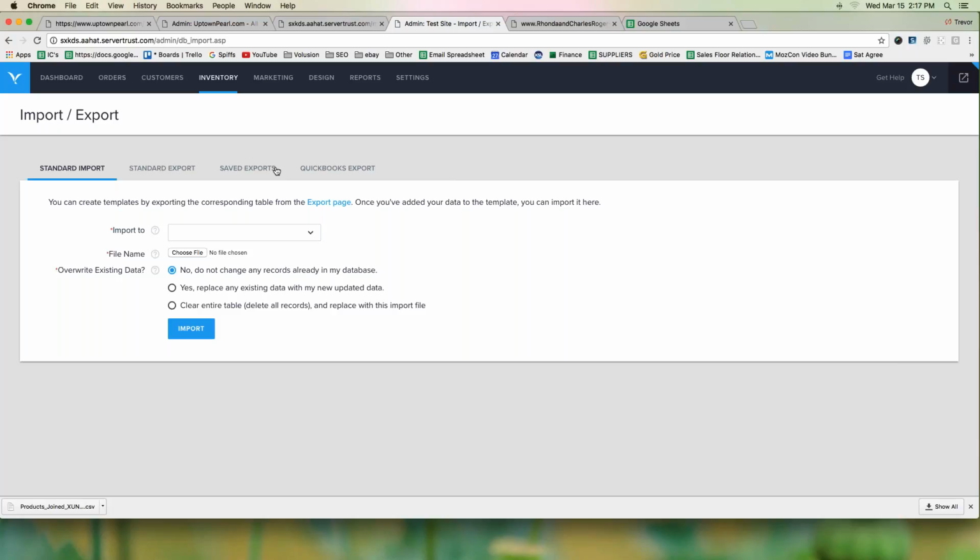So I'm a little hesitant on this because I'll tell you what, only if you're a little more advanced and you understand spreadsheets would I ever really recommend this. Otherwise, you can cause some problems if you do the spreadsheet wrong or you import something that doesn't work quite right. We could potentially lose some of our products. I won't talk much more about this today. If that's of interest to you, we've got another training on it, but this section